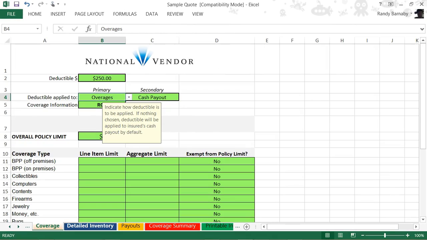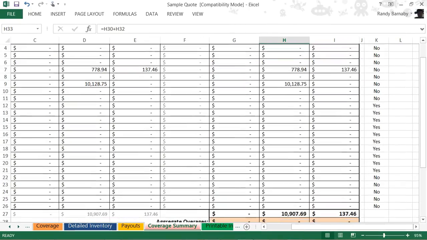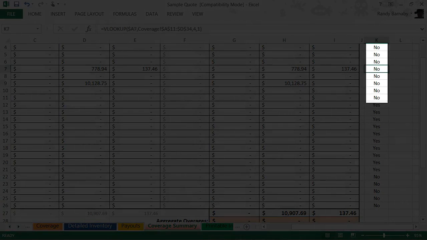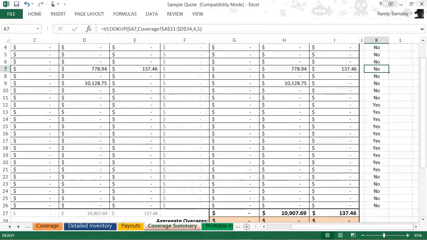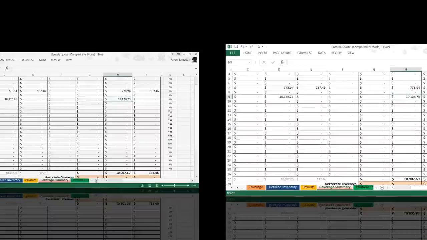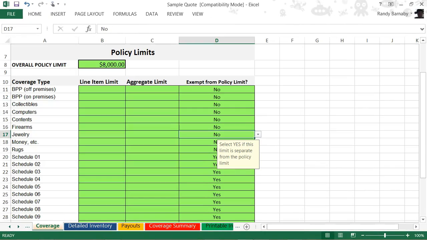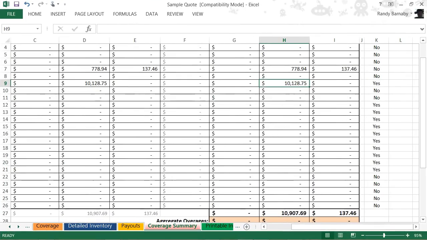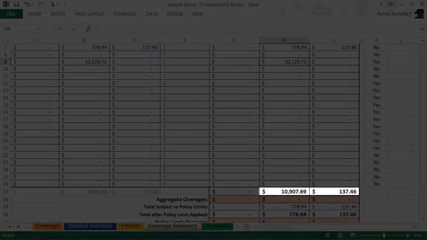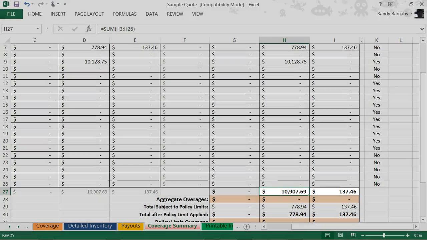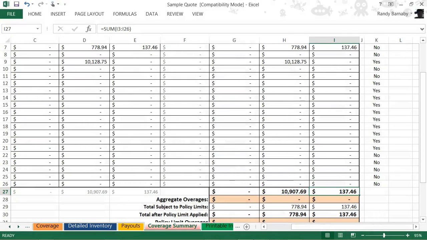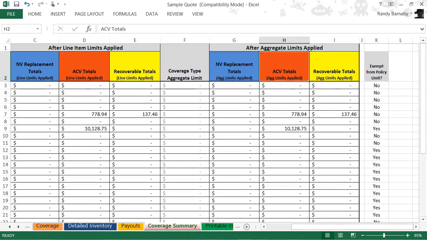Let's look at another scenario. Back to the coverage summary, we see that these are not exempt from the policy limit. Let's make this item exempt. Back to the Coverage tab, to the Jewelry coverage type, toggle that to yes. Now back to the coverage summary. You will see that this amount of $10,907.69 and this amount of $137.46 in the what you owe insured now bucket and the what you owe insured later bucket, or the recoverable amount,